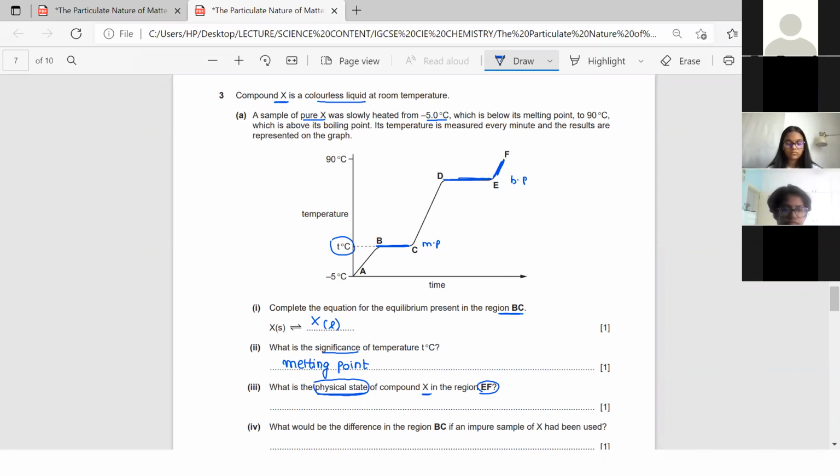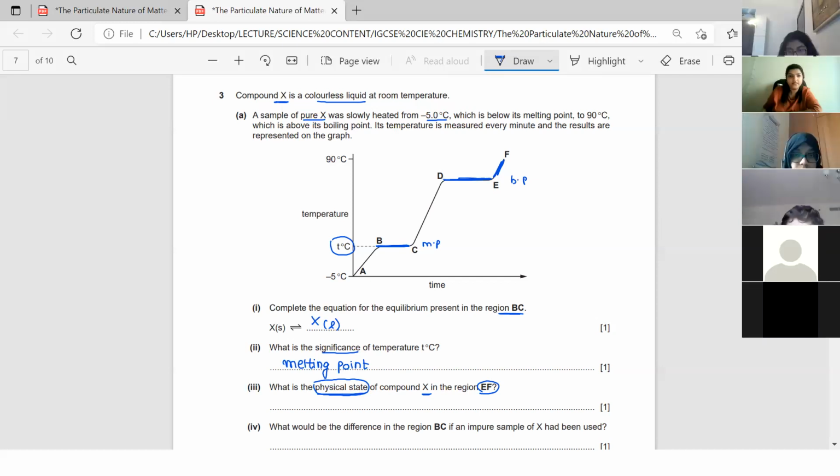One, two, three, four, five, six, seven. Three more students to give me the answer. Guys, quickly, come on, it's a one-word answer. What is the physical state? Yes, Aman, that's correct. So over here, we need to write only that word. Samuel, you are left with the answer yet. I have not received your answer. Samuel. I think